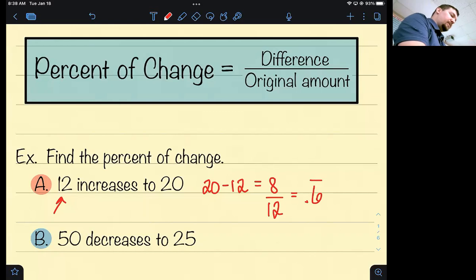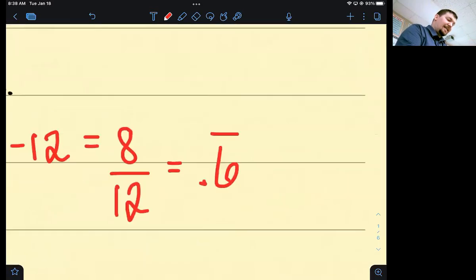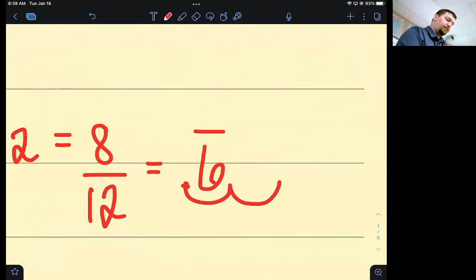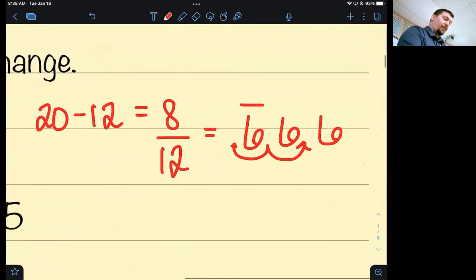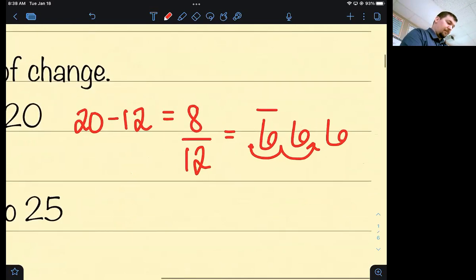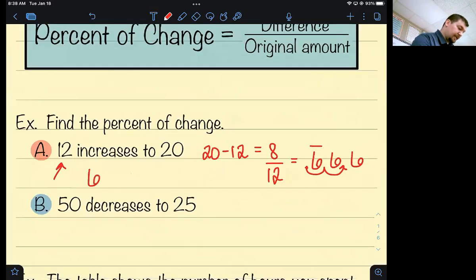And then for my percent of change, I slide the decimal over 2 spots to the right. Normally I fill in with zeros. However, I have a repeating decimal here, so it's not a 0 I'm going to fill in. It's another 6 that I'm going to fill in and another 6. And that's now going to be 66. I'm just going to write it over here. 66.6 repeating percent. Or since Big Ideas does not let you write repeating decimals,